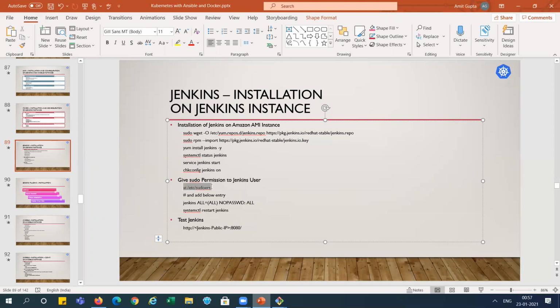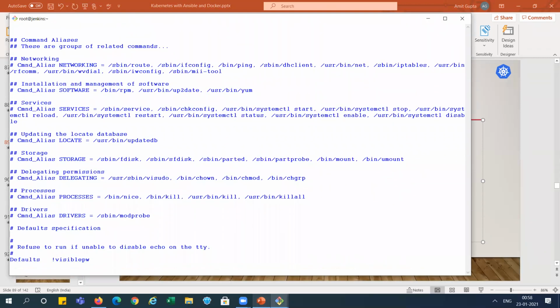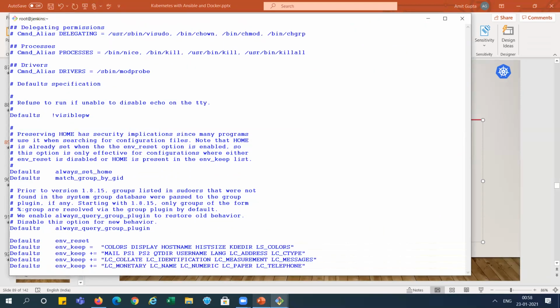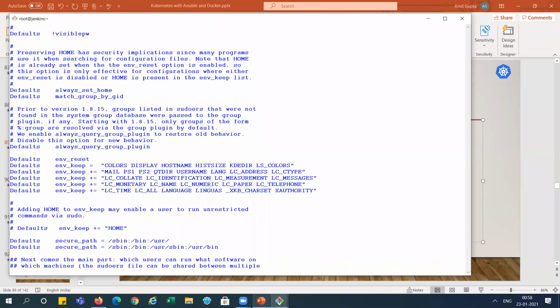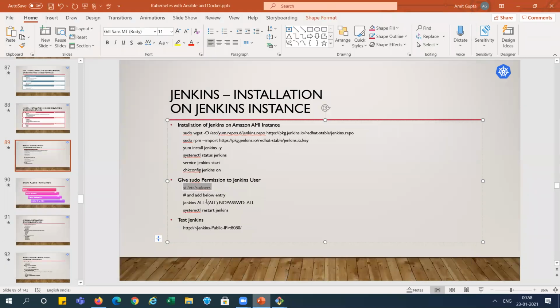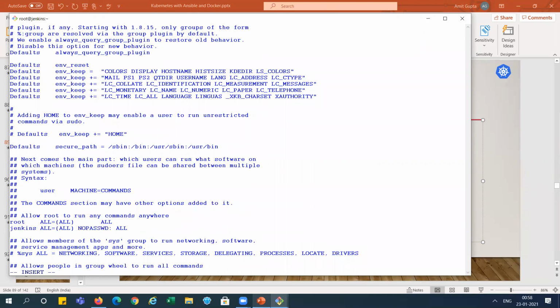Started, right? Now we are giving sudo permission to the Jenkins user. We are adding the Jenkins user here. Add it.